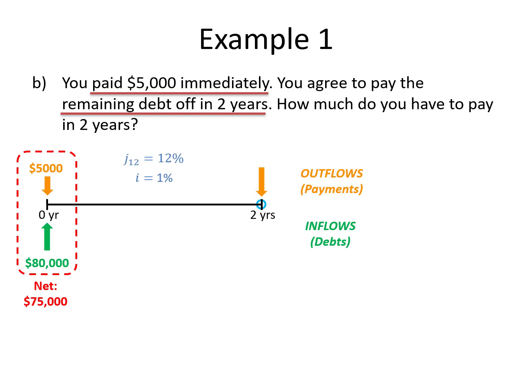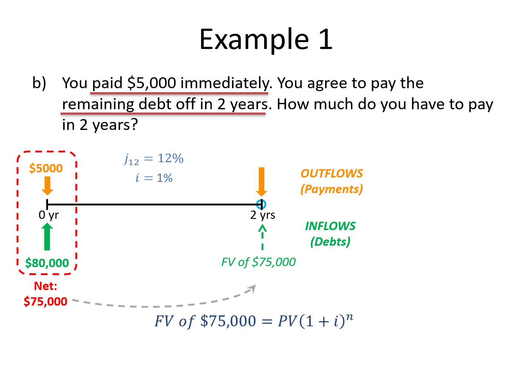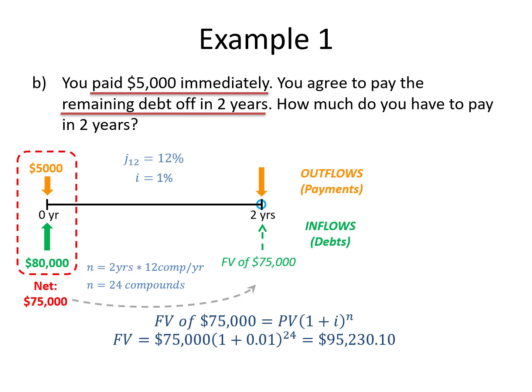Now, because they're at the same point in time, I just add up the values, and because they're in opposing directions, I would take the difference. And then I find the future value of that net value. Essentially, we left the manufacturers with $75,000 of debt, and we're seeing the additional interest that gets added to that over the 2 years. I calculate that future value over the 24 compounding periods that occur over 2 years, and I get my future value of